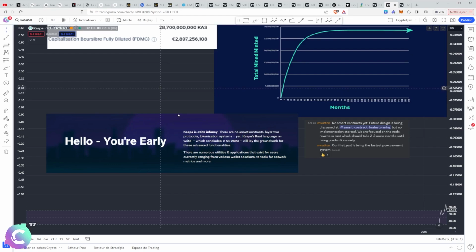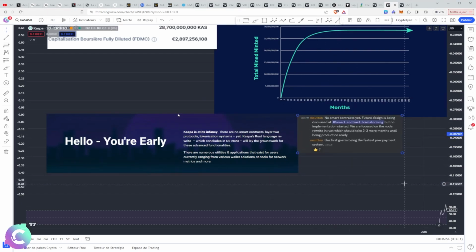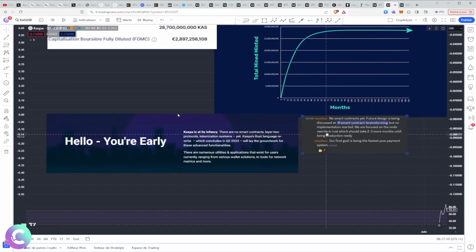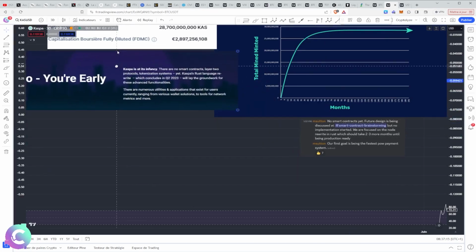What type of smart contract do we want? Clearly, the majority of KASPA users, or at least people who follow KASPA, want to have decentralized finance around KASPA, which is indeed one of the most important means to be able to generate TVL, to be able to generate attraction at the protocol level. And as they say, for the moment, they absolutely want to finish their evolution at the node level, mainly in Rust. And they also want to have finalized their means of payment through proof of work, which is the very launch project of KASPA.